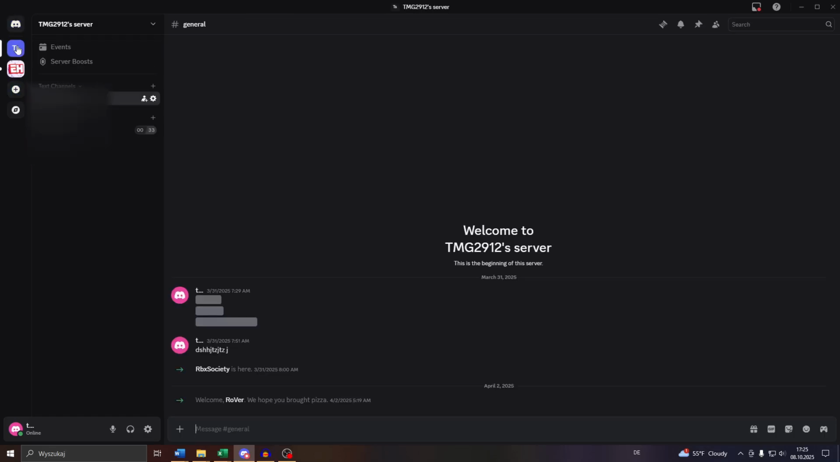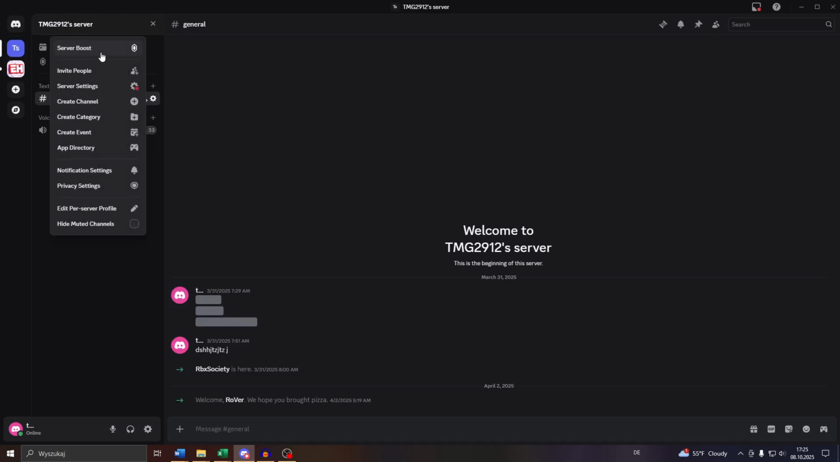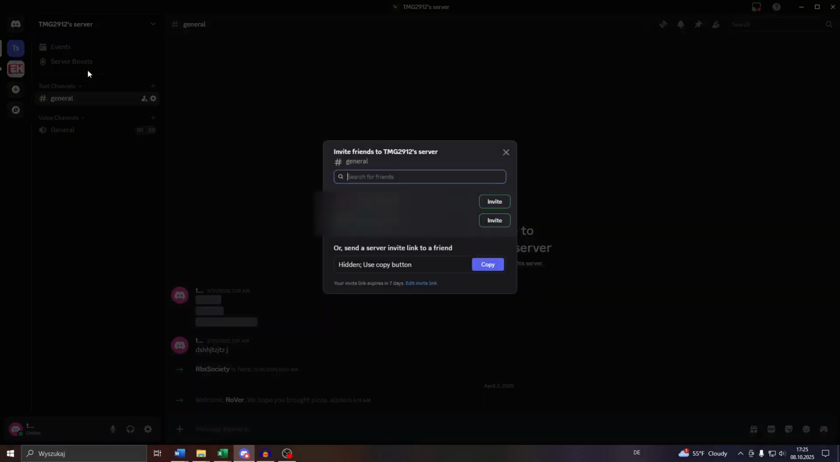So access it, and after that you will see the server name here at the top. So click the arrow down icon, and from here simply click invite people. And from there, guys, simply use that search bar here to go through your contact or friends list and find the user you'd like to invite. You may also see a list of suggestions below, and simply click that invite button to the right